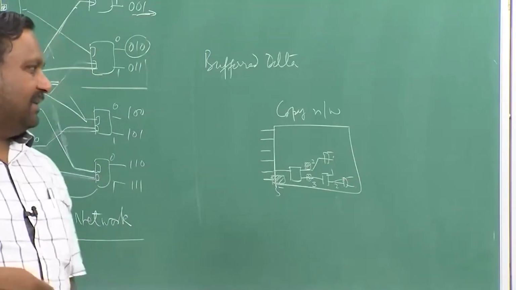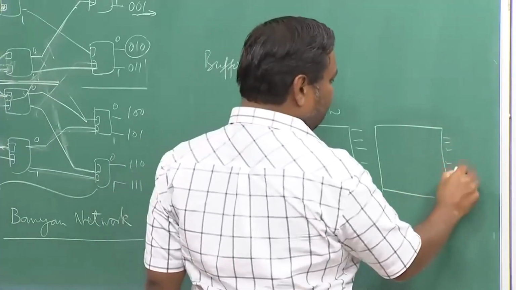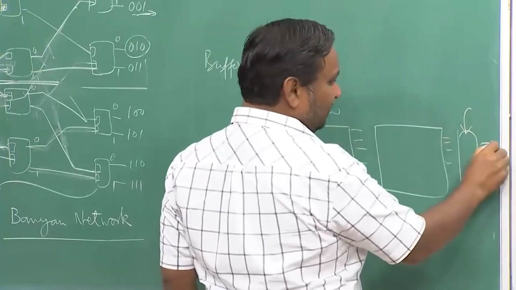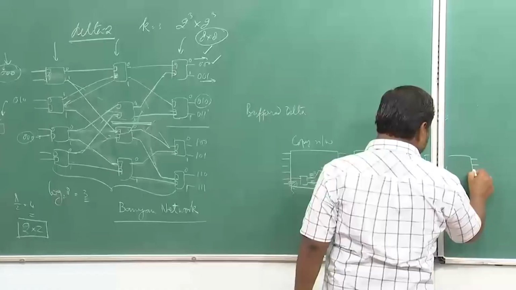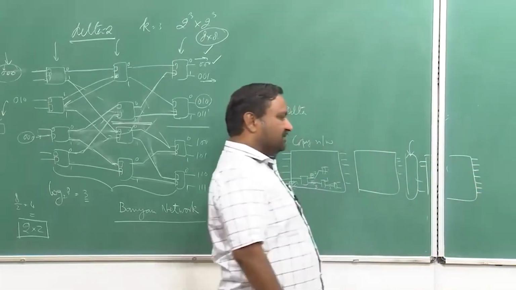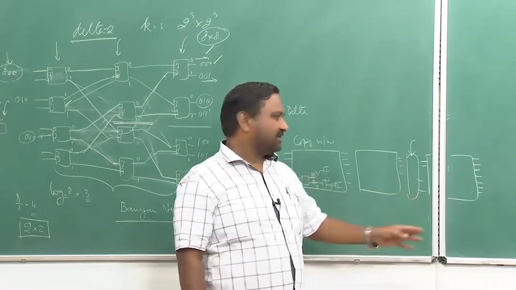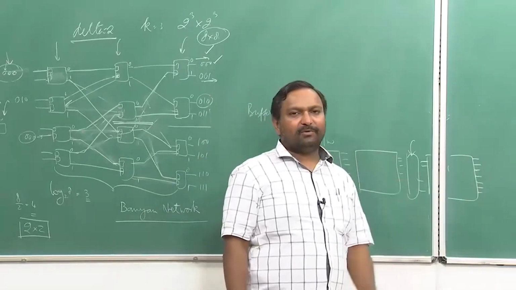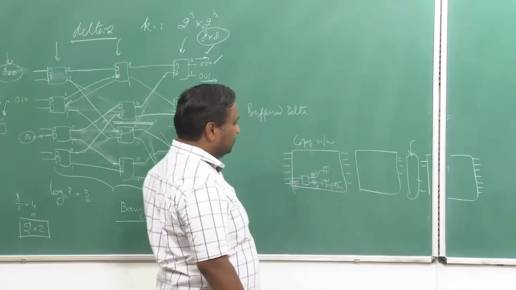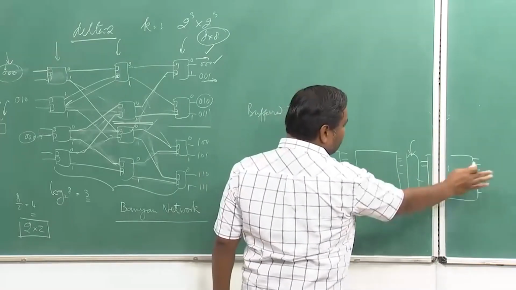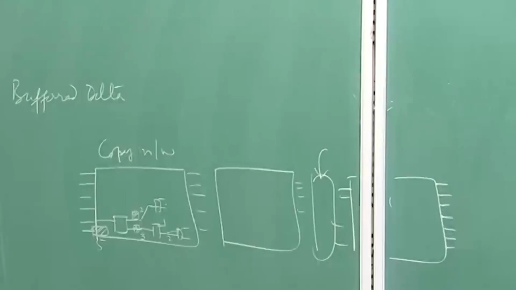So, a copy network, then a distribution network after this, and then of course you will do a shuffle interconnection and then put in a routing network, which is basically this delta network. This will give you an almost non-blocking system with multicast capabilities, multicast as well as broadcast. If you do not need this, using these two only, this becomes a sorting network technically. So, sorting plus this becomes a distribution network and it will give you almost non-blocking performance for the packet switches. So, let us move to